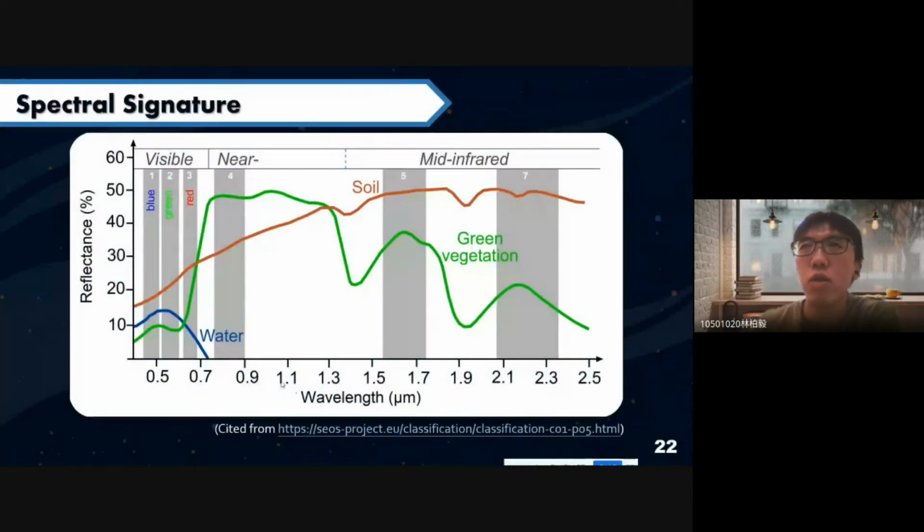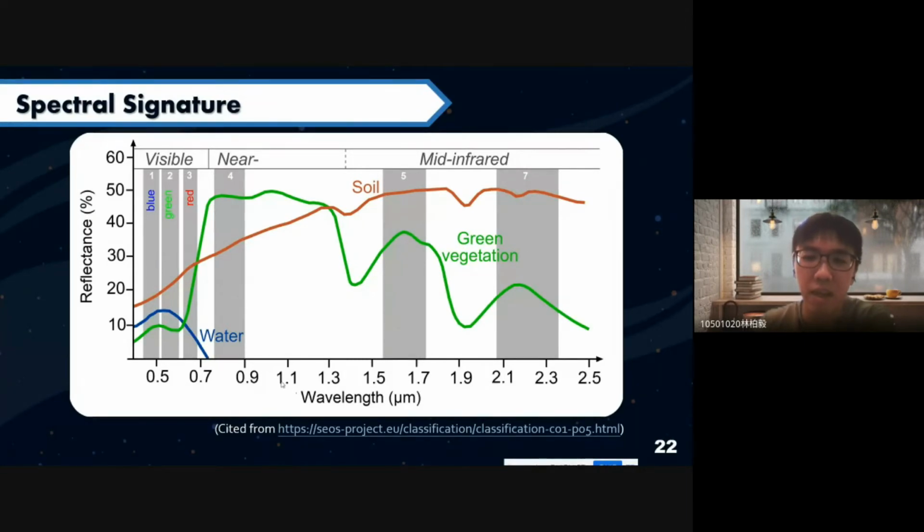So what is the benefit of using multispectral information? Actually, each item has its special curve around the multiband. We also call it spectral signature.